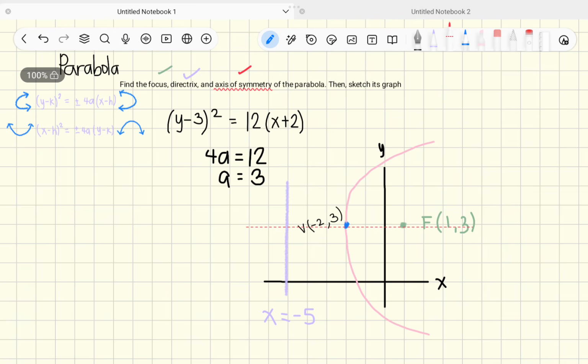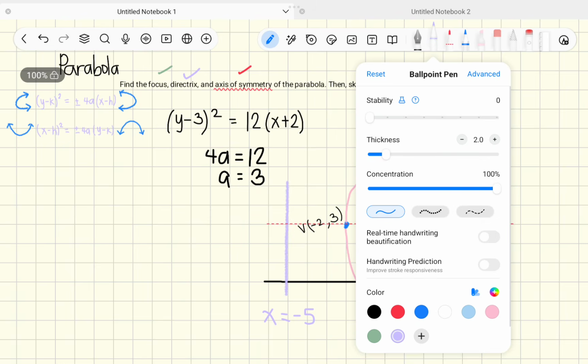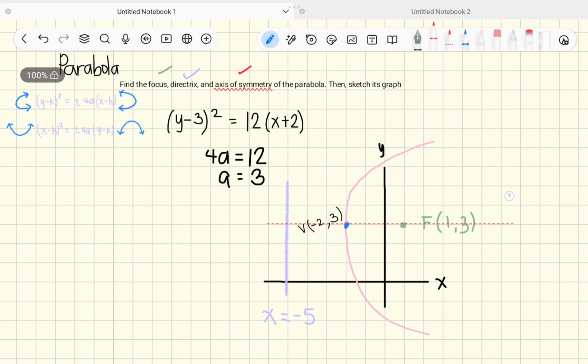So if this is your axis of symmetry, okay, let me do it again. Let's try to have it aligned. This is your axis of symmetry here, alright? Looking at your y-axis, where does it pass through? Alright, so it passes through y equals, it's at the upper portion, so it's positive. So you look at the y coordinates, positive 3.